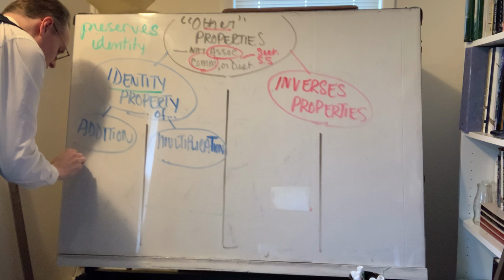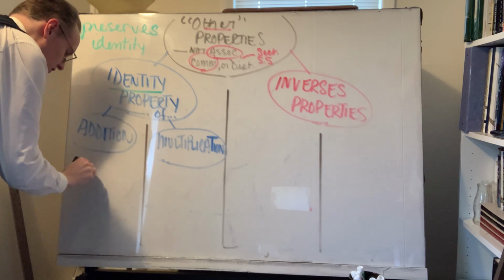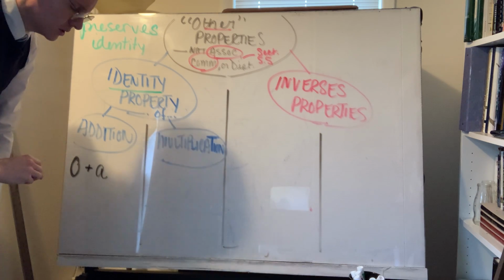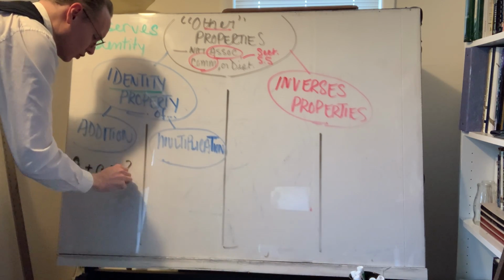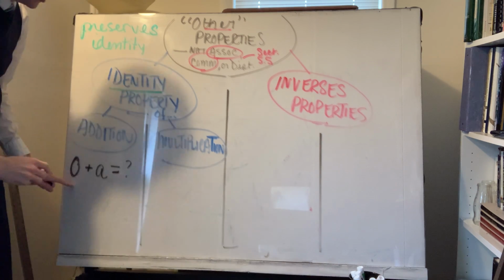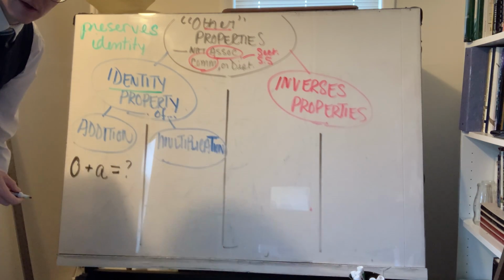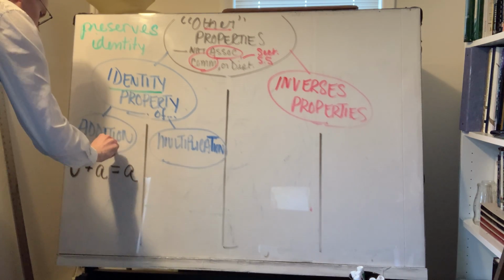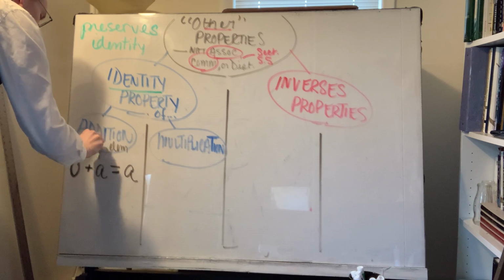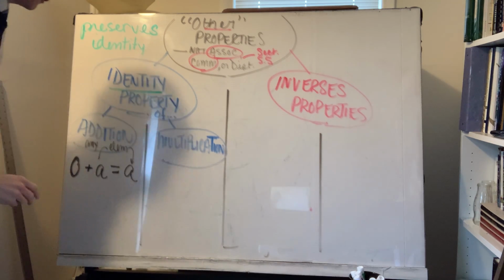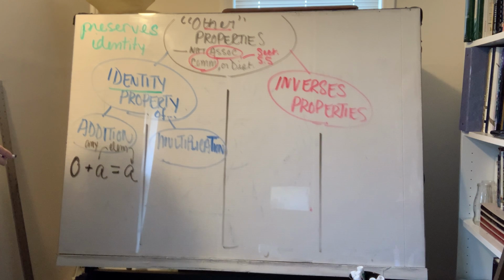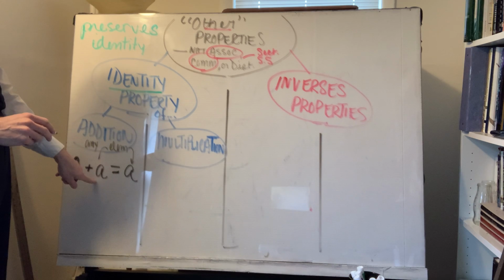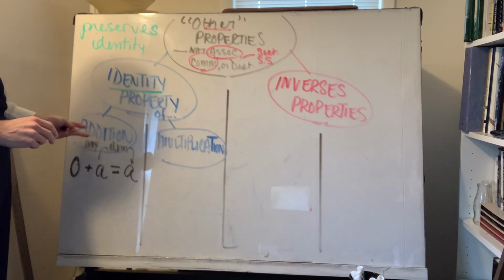You know this again intuitively. 0 plus, I'm going to use the letter a, as in any element, right, is equal to what? Right? 0 plus anything is equal to what? Right? It's equal to that element. Right? This is an element, any element, right? It's equal to itself. 0 plus something equals itself, right? Essentially, right? That's preserving the identity of this element, right? Via addition,